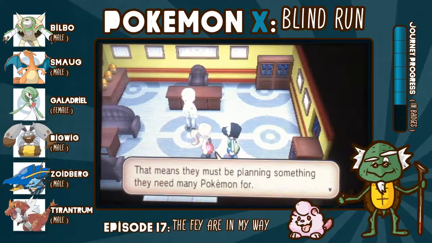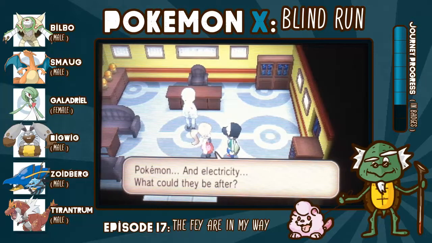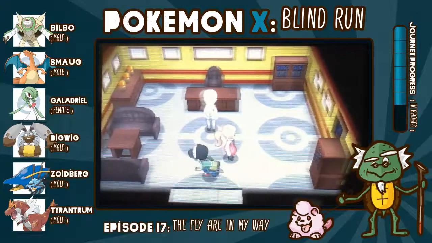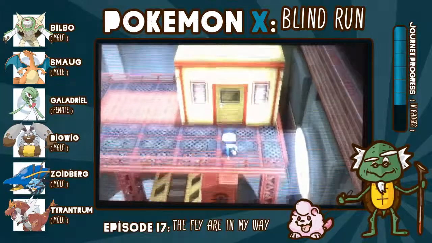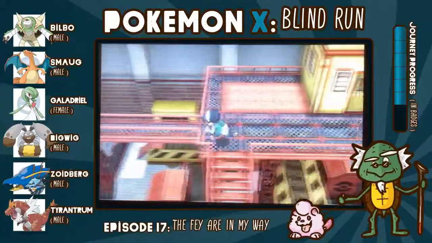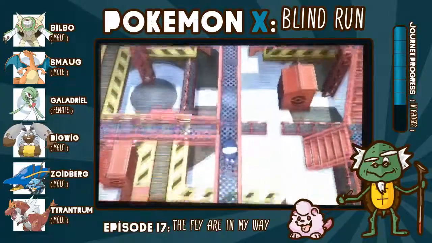So they stole the Pokeballs, right? That means they must be planning something they need many Pokemon for. I heard that Team Flare was also behind the trouble at the power plant. Pokemon and electricity, what could they be after? Manufacturing Mega Evolution, maybe? I don't know. I really have no idea what they're attempting to do here. But we should be able to...